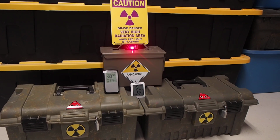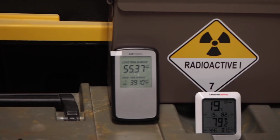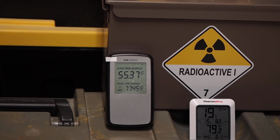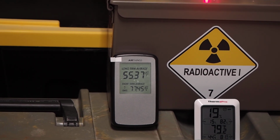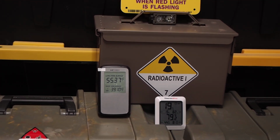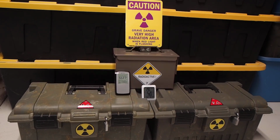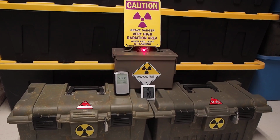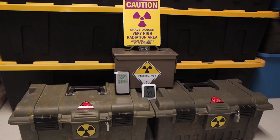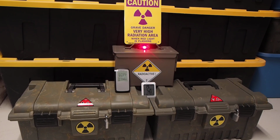The amount of radon gas in the vicinity of these cases at the current time is 55.37 picocuries per liter long-term average. The short-term average is 77.45 picocuries per liter. There's no amount of radon gas that's considered safe to humans. The E.P.A. has an arbitrary value of 4 picocuries per liter, for which they state anything above that is of considerable concern to people and